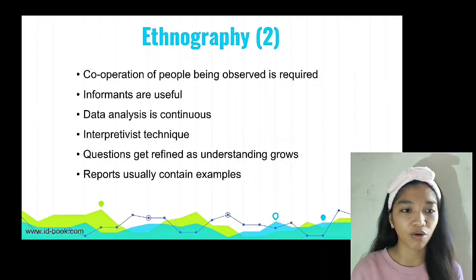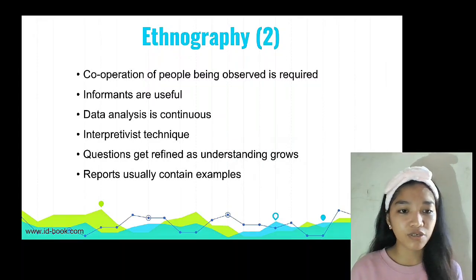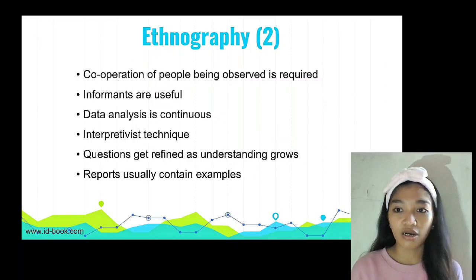Also, ethnography is a cooperation of people being observed and is required. Environments are useful. Data analysis is a continuous interpretive technique. Questions get refined as understanding grows. Reports usually contain examples. So when we see ethnography, it's a research approach where the researcher immerses in the